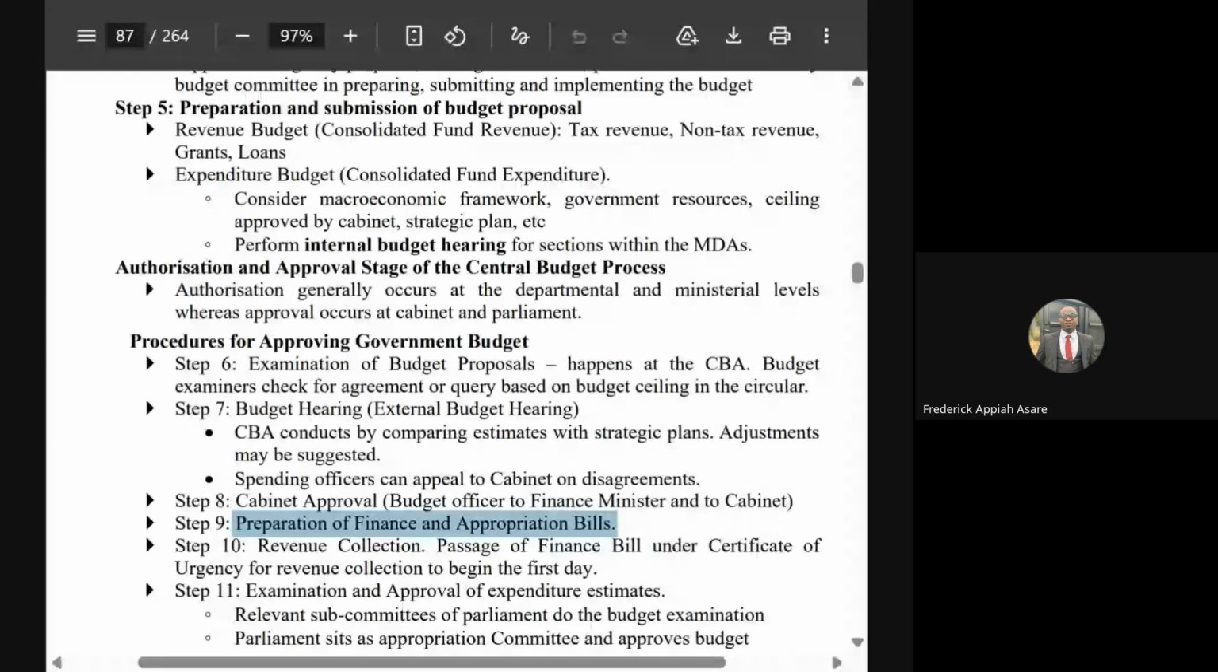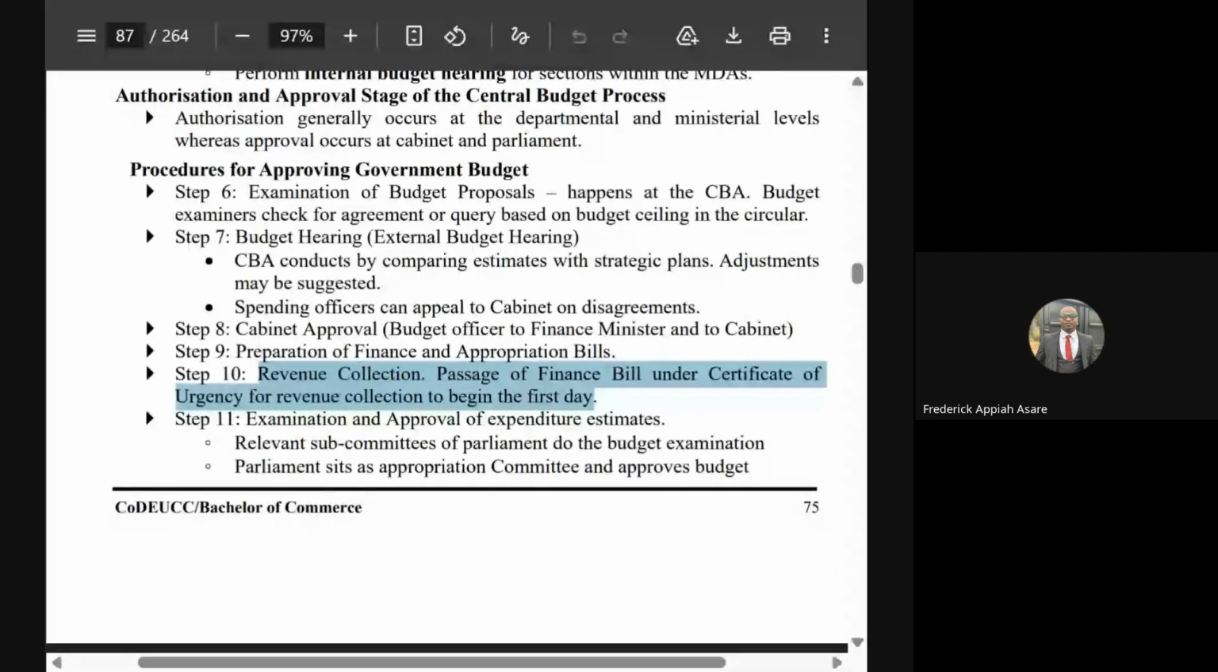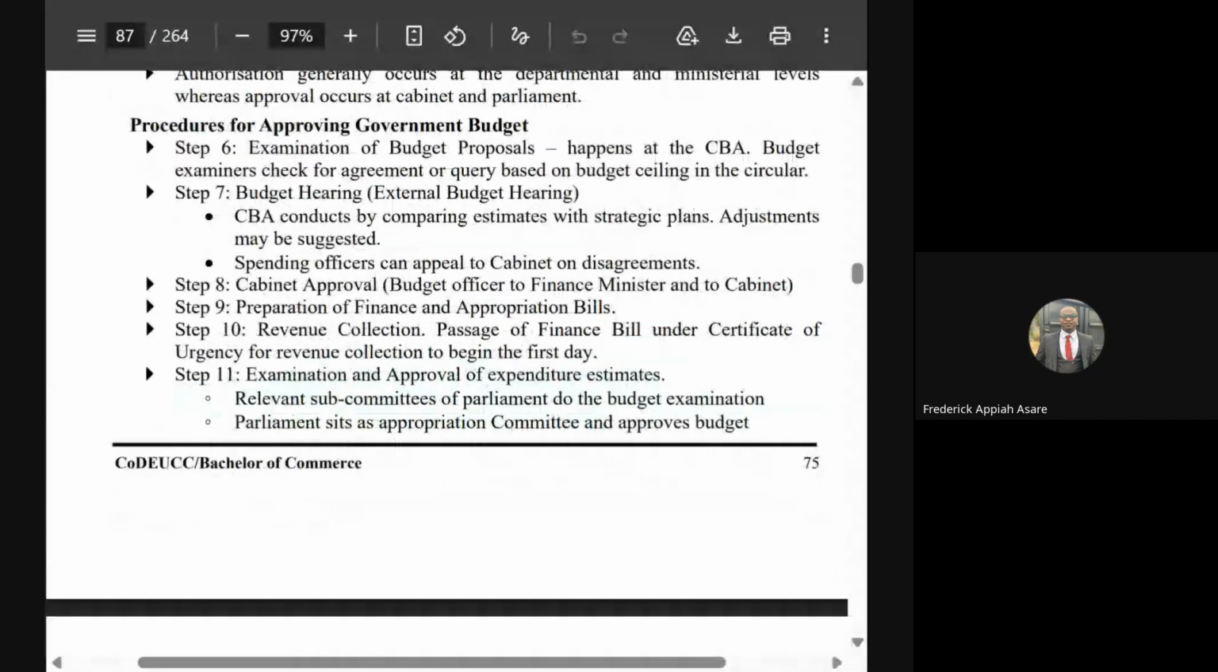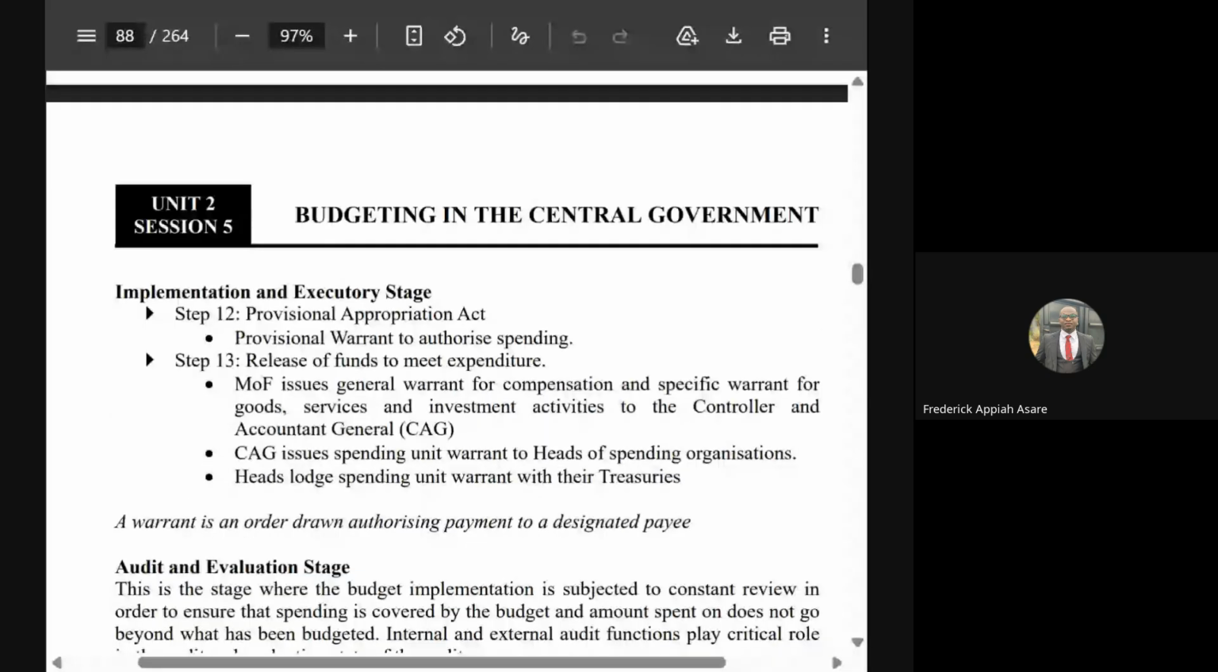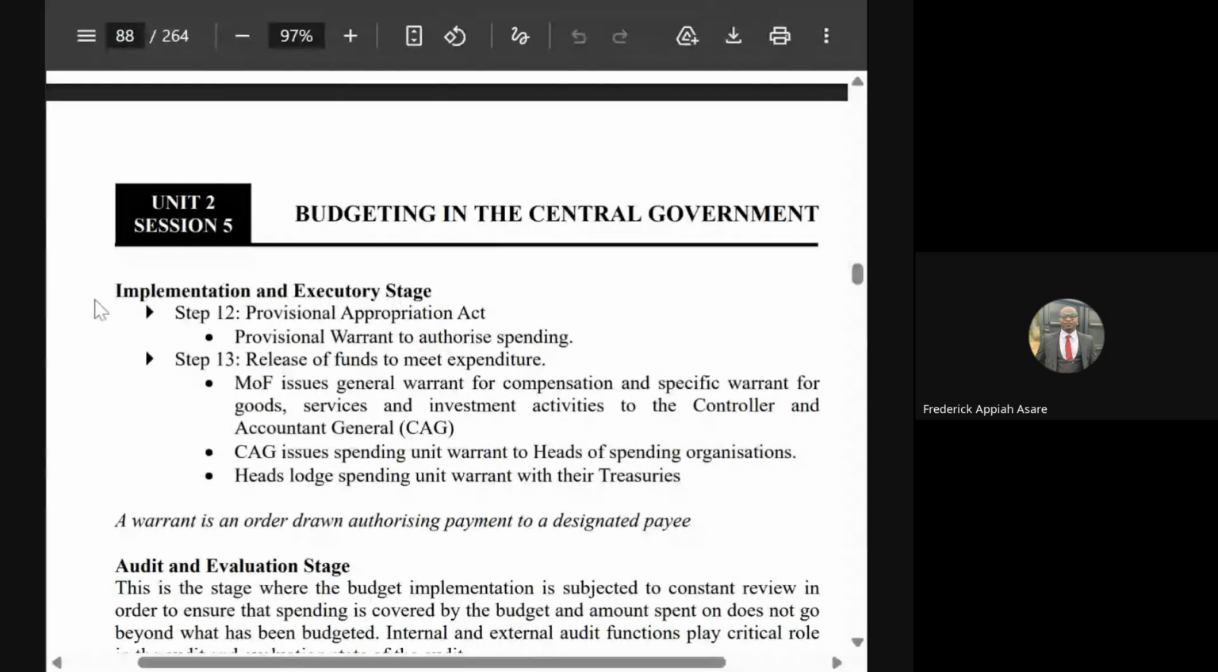Then when it comes to revenue collection, step 10 is the revenue collection. The passage of the finance bill under the certificate of agency for revenue collection begins on the first day. Then they will do step 11, where the examination and approval of the expenditure estimates takes place. Then when they are done, they will come to the next step, which is the implementation and execution stage,